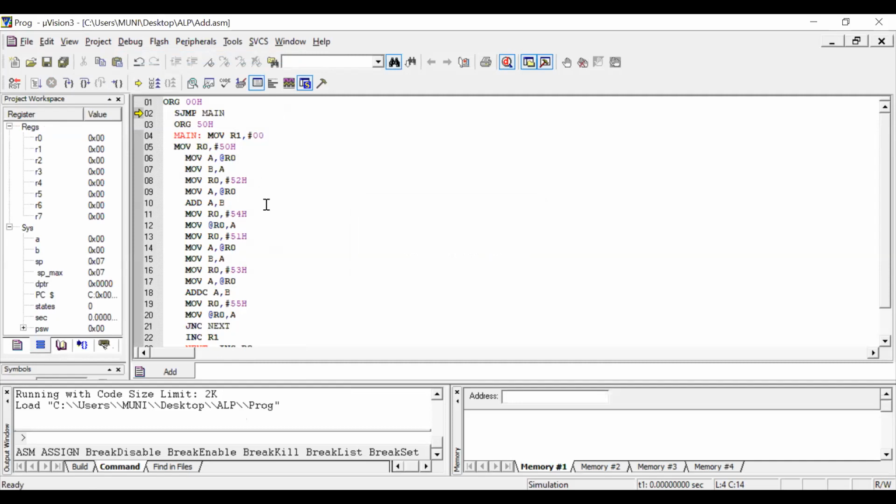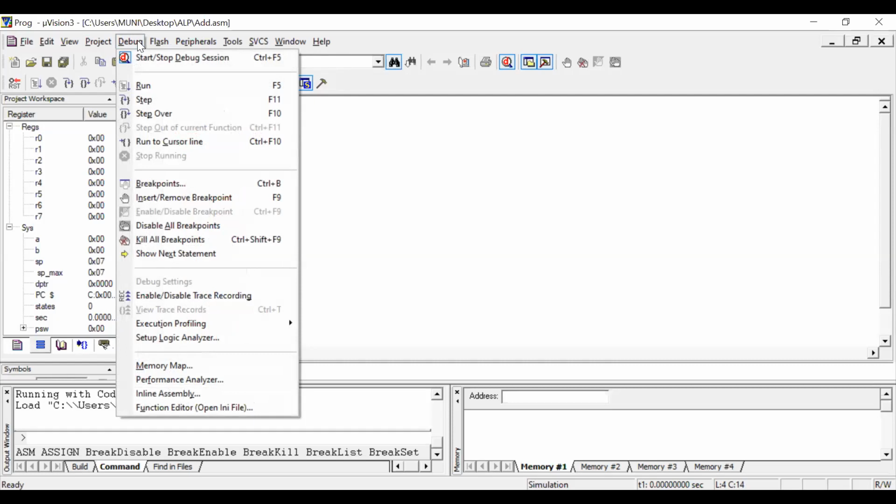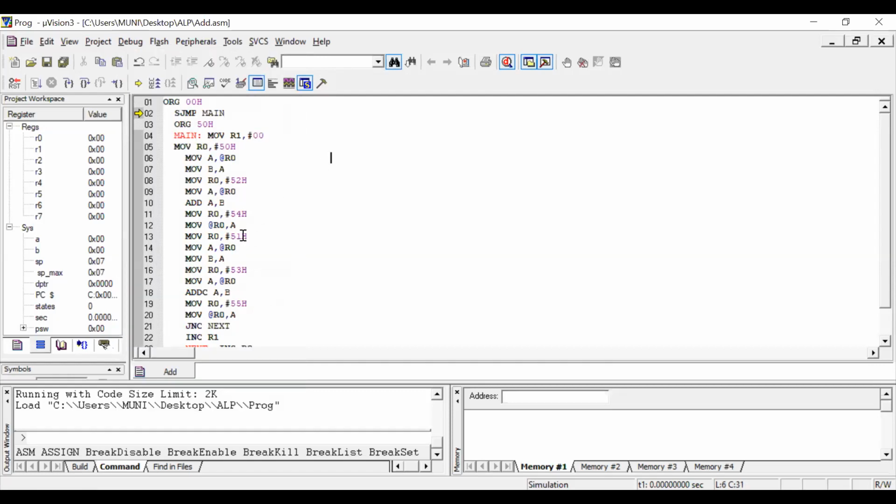Okay, so debugging is also completed. Next one is run. Go to debug and then run. If you select run, then the total program runs. You can also examine step by step. But before executing this program, we need to pass inputs, because we are writing the program indirectly.